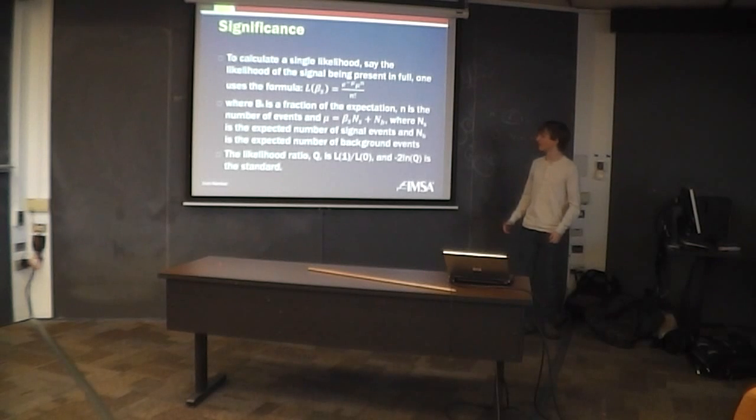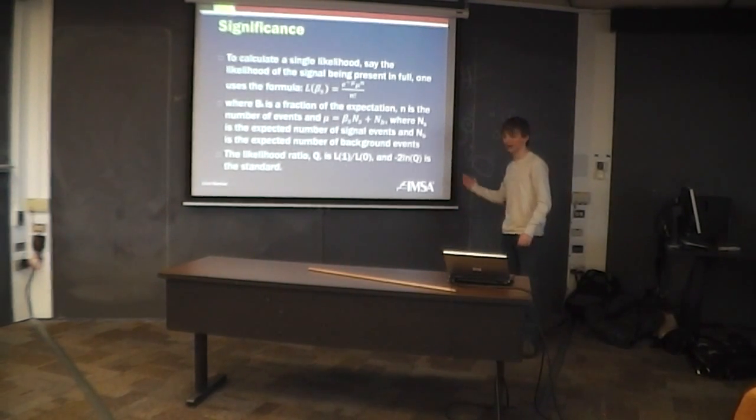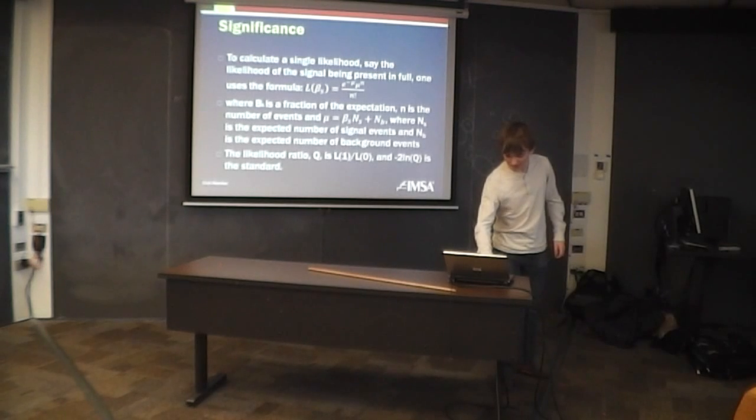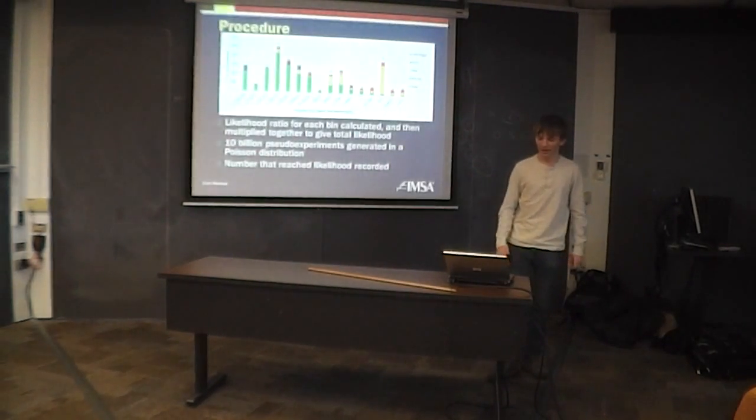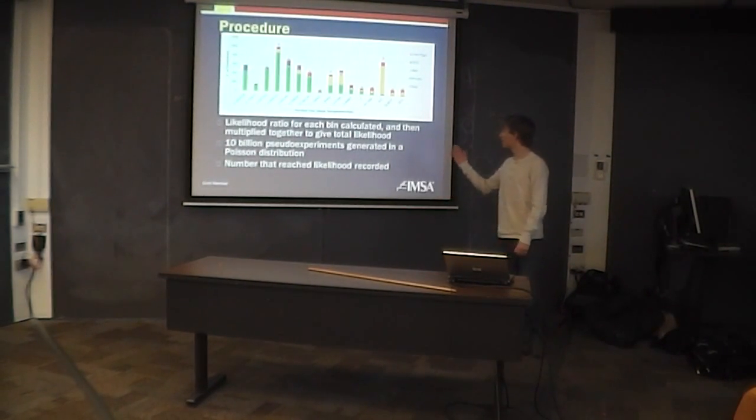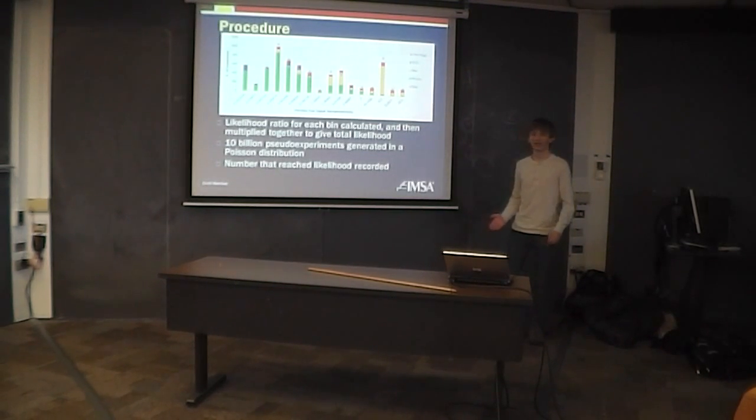Essentially, I used the same likelihood formula as before, using the likelihood ratio of -2 times the log of that. That's all essentially identical to what Camden did. Using this, I then calculated the likelihood ratio for each bin, and I multiplied them together to give the total likelihood. Then, to calculate the p-value, I generated 10 billion pseudo-experiments in a Poisson distribution centered around the expected background